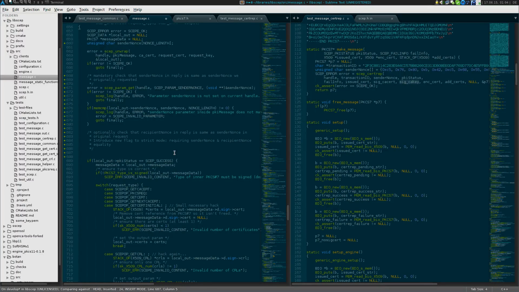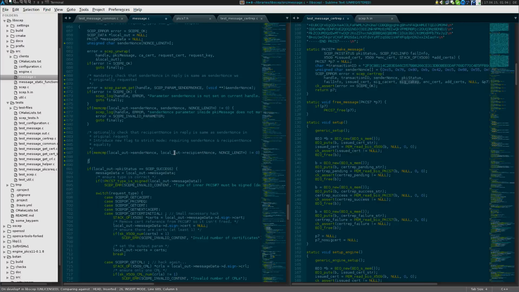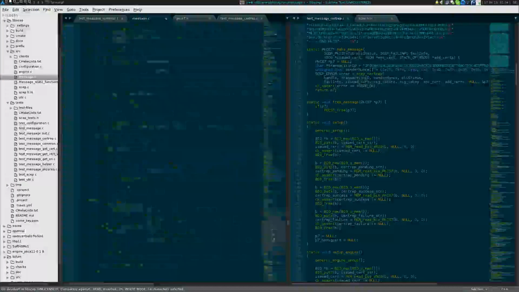I first want to implement the check, and then if it fails, I want to check if we're in strict mode or not. So first of all, let's check whether the sender nonce and the recipient nonce, sender nonce, local out, recipient nonce, nonce lang. And first of all, I need to take a look whether this is